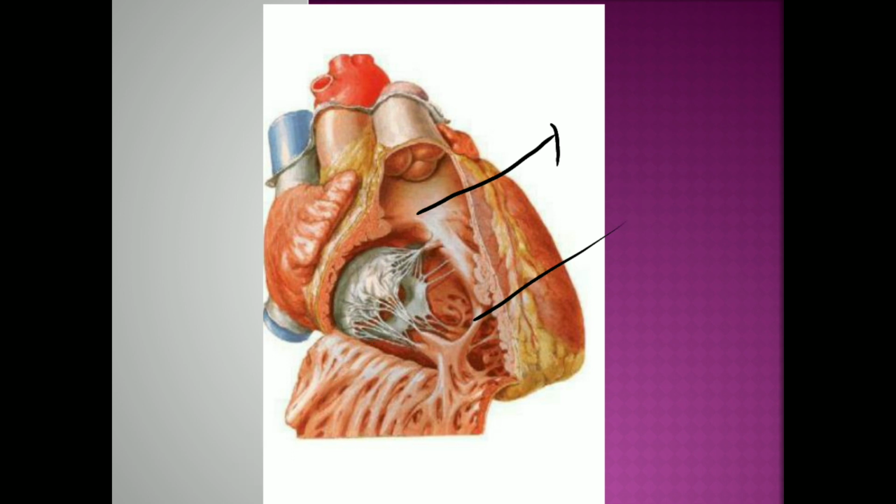Then the outflowing part, you can see clearly, this is the outflowing part. The smooth outflowing part is called the infundibulum. At the apex of the infundibulum is the pulmonary orifice, which is guarded by 3 semilunar cusps. The free margins of the cusps are directed into the pulmonary trunk. These are the features of the right ventricle.